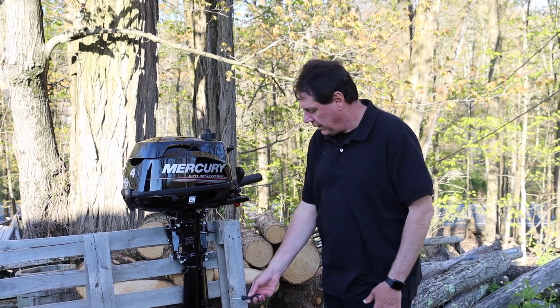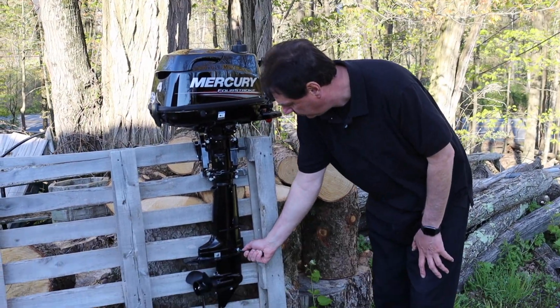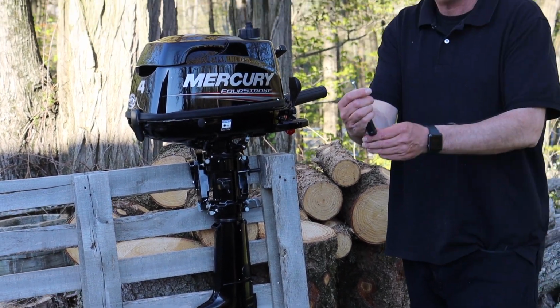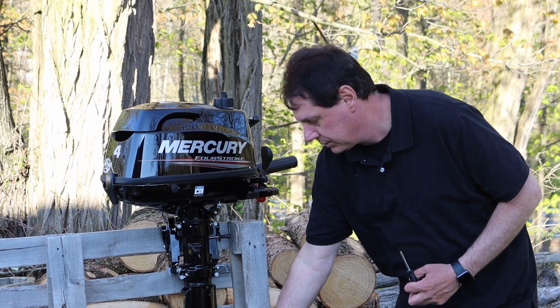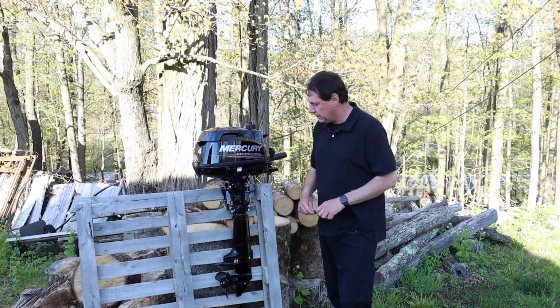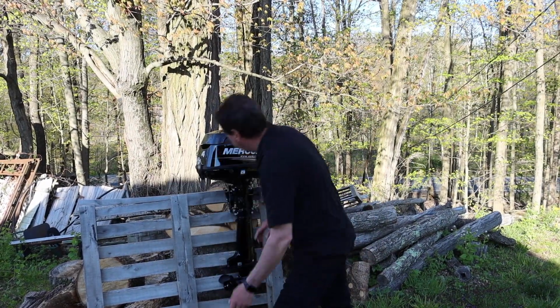Alright, so you want to undo this screw here to check the level, to make sure that the gear oil is full up to that level. But the screwdriver that they gave in the kit is just a little small, and I don't want to strip the screw, so I'm going to have to get a bigger screwdriver and tend to that later. The next thing we want to do is add our oil, remove the cowl,